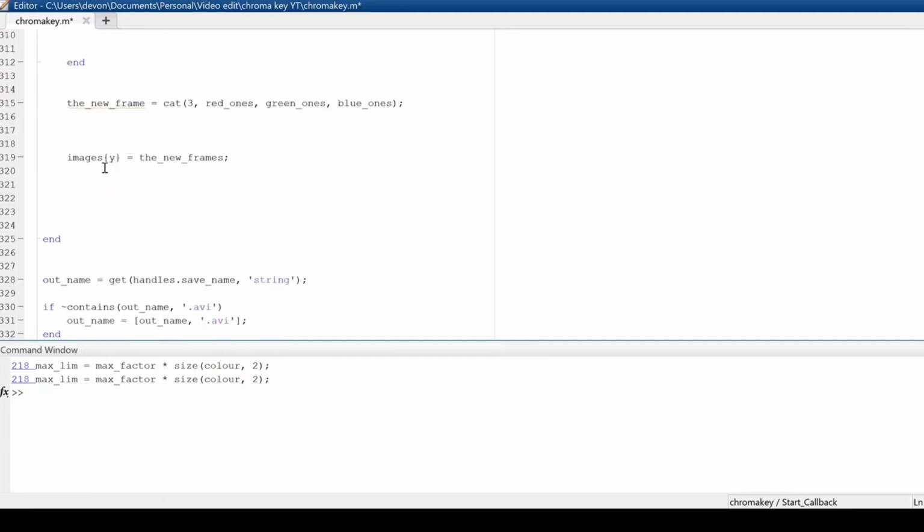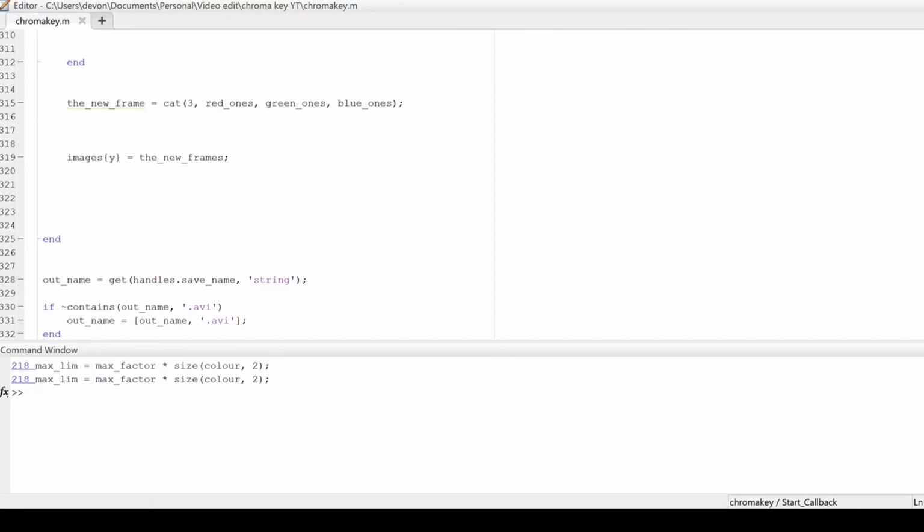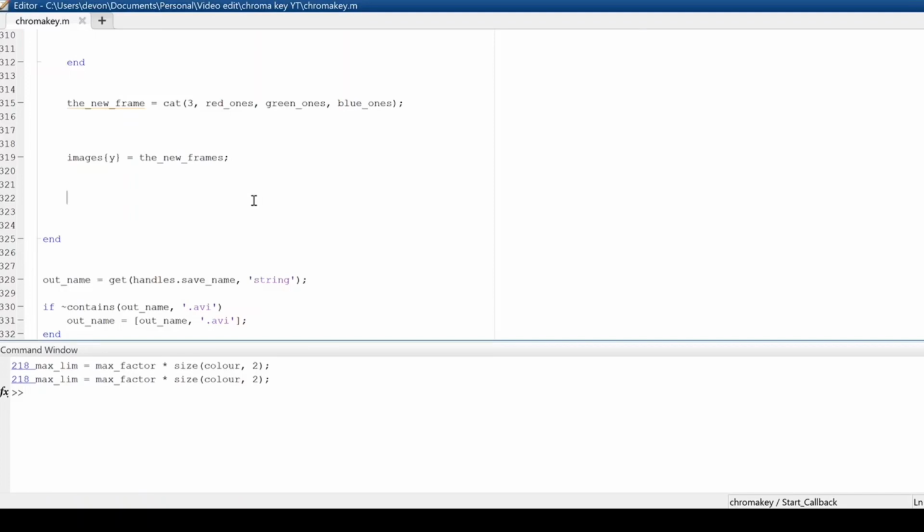And sorry, divide y by the total number of images, and that should give us a sort of decimal between 0 and 1, sort of how good it's going. So disp. I want to display y divided by